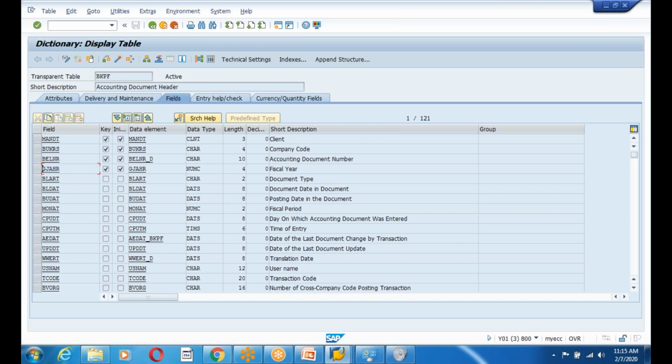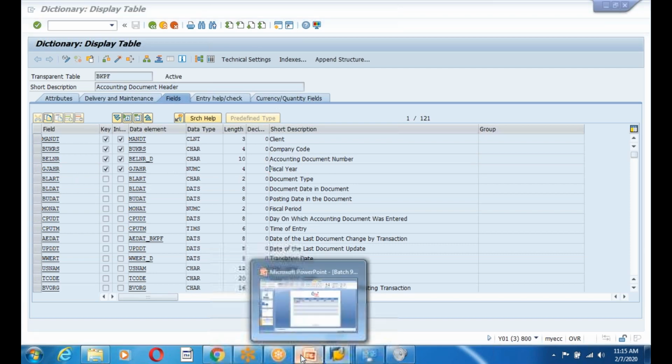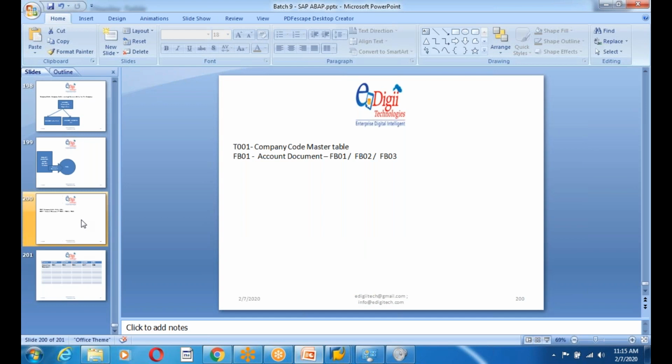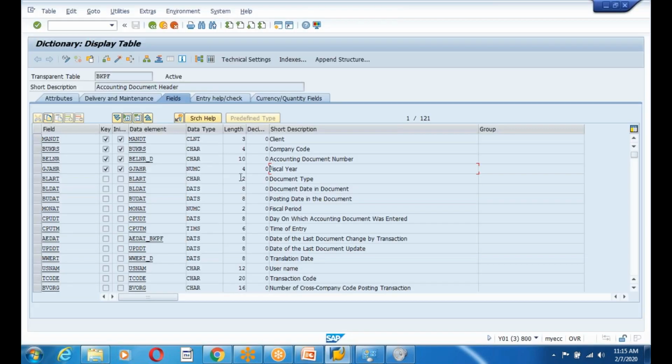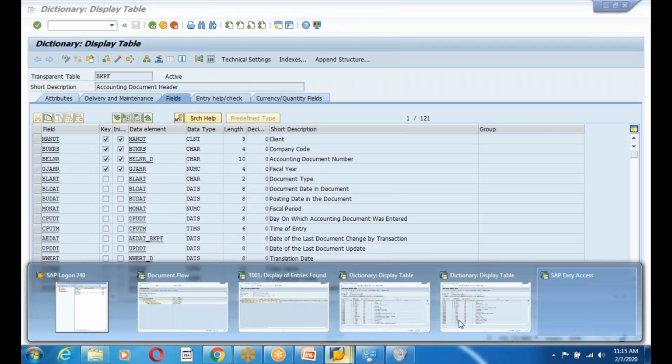in which year it is posted, guys. This year we call the fiscal year. So we have a fiscal year for every company. Companies follow different fiscal years. Let's take an example: most of the Indian companies follow April to March, so this is our fiscal year, financial year. And some of the countries follow January to December. So we are going to set this up in the system, guys. How we are going to set up the fiscal years. So if you can see here,